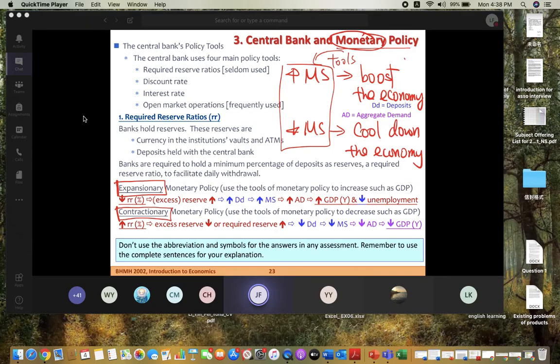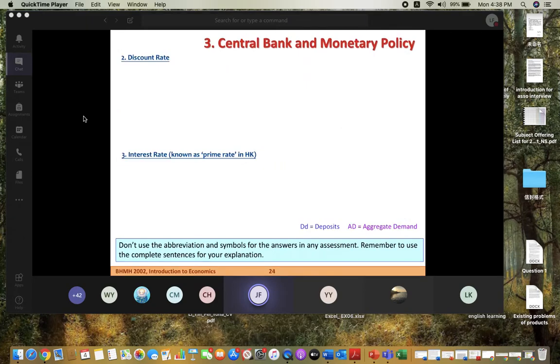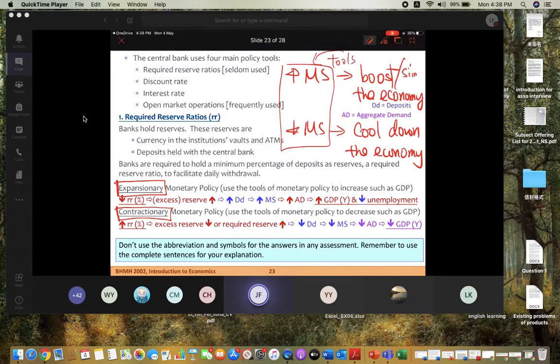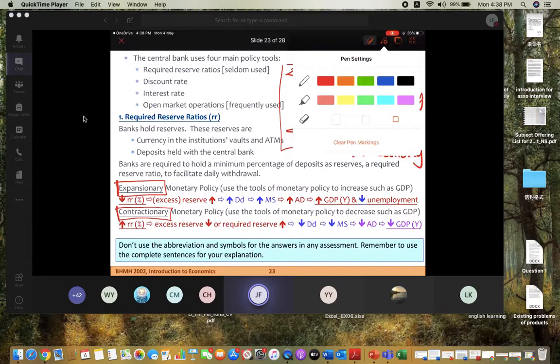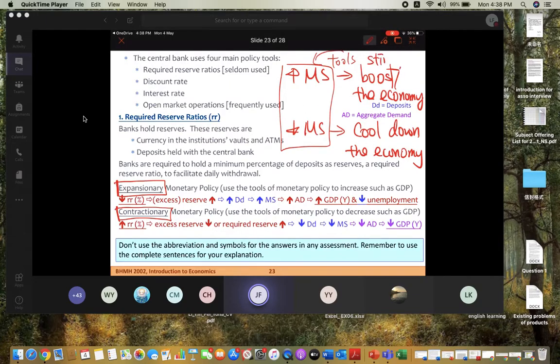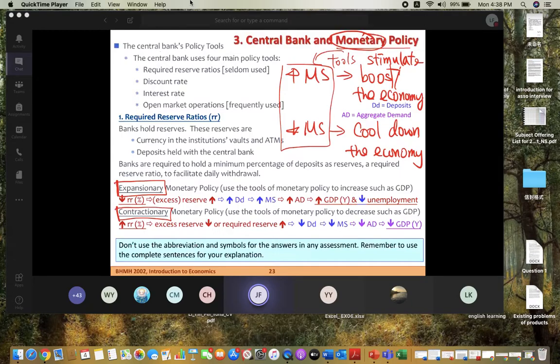stimulate 可以去刺激個經濟，可以用 stimulate 呢個字嘅。Okay, so we can stimulate 去刺激個經濟。Okay, to stimulate the economy, or we can decrease the money supply so that we can cool down to slow down the economy. 可以減慢個經濟咧，我哋透過 money supply 嘅減少啦。咁所以點解我哋叫做 monetary 咧？monetary 嘅意思就係我哋透過 money supply 去改變 OK 嗰個經濟嘅狀況。So you see that altogether there are 4